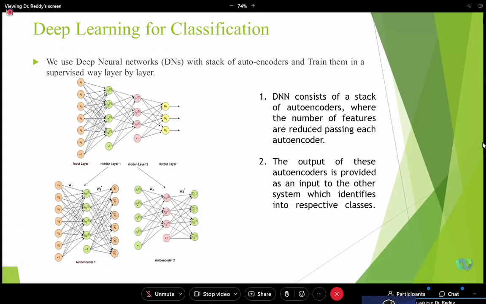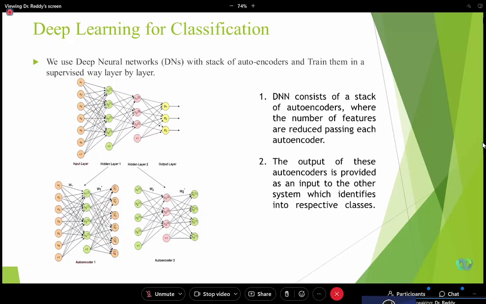Now, deep learning for classification. Like I mentioned, more than one hidden layer is required because the learning that we are trying to ensure via the hidden layers of the neural network architecture is not sufficient, because the data is very complex in nature, and at the same time large-value patterns exist. Most of the information we cannot extract in one level. Therefore, we normally use multiple layers, and in each layer we do some weight optimization and feature extraction, get better features at the next level, and then go on to the next level, and the next.